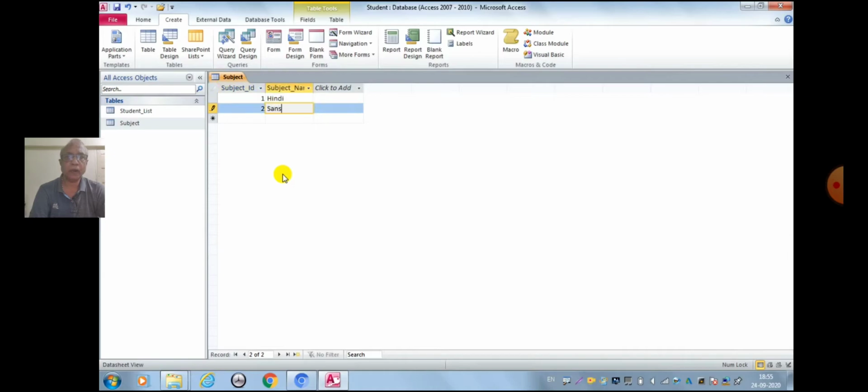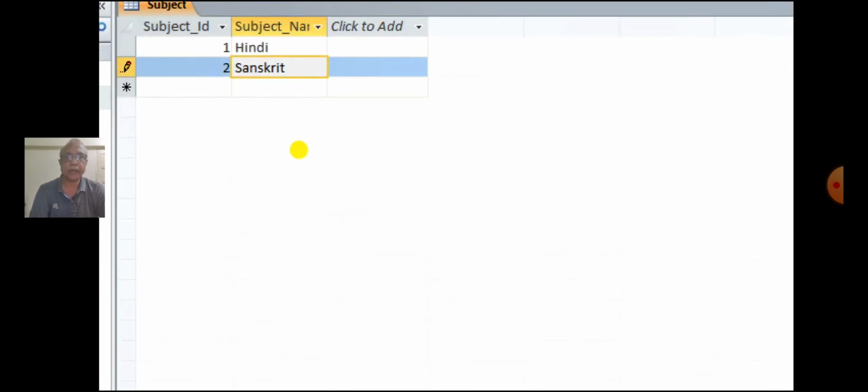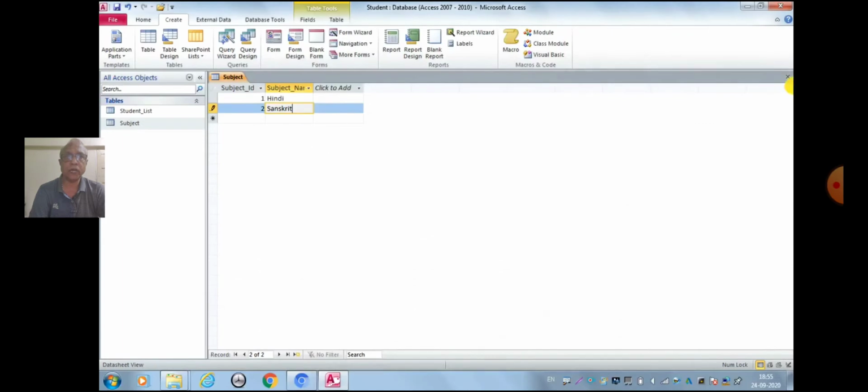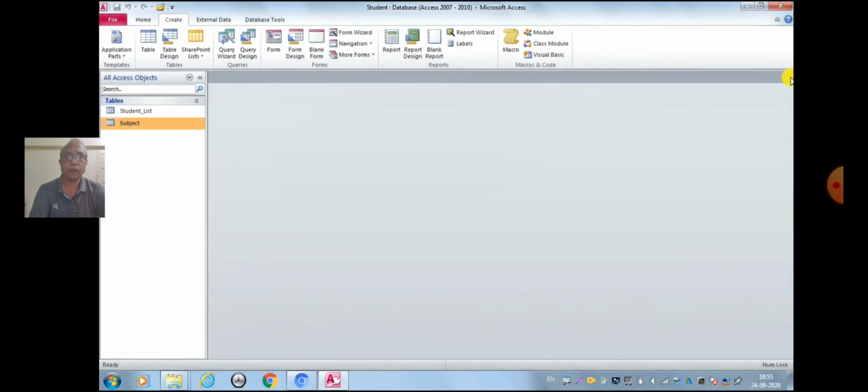Subject ID 1, subject name Hindi, and the second record is subject ID 2 and the subject name is Sanskrit. Once we have entered the records, we have to close the table. Now students, we have created a table named subject.